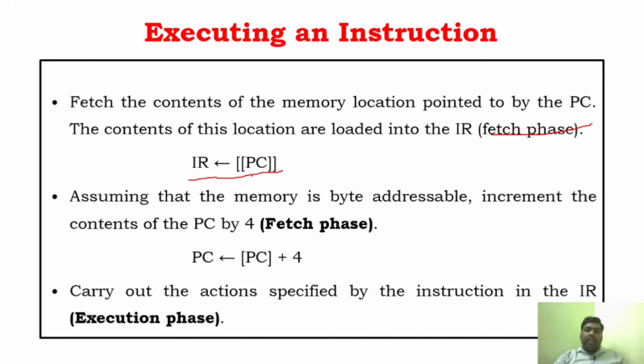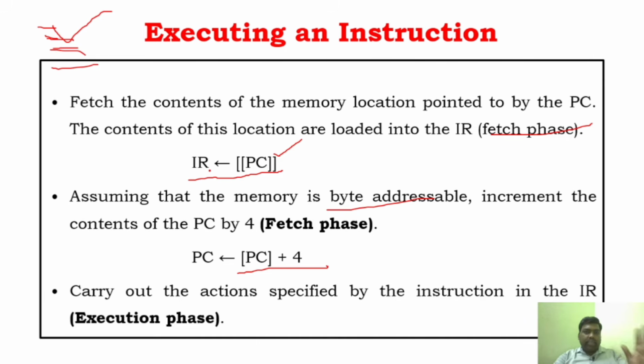And you have to understand one particular thing. I have said that the program counter will have the information of the next instruction that is getting executed. Once the instruction is moved to the IR from the PC, the PC will be incremented by 4, if it is byte addressable, and it will go to the next instruction. You know that a program is a list of instructions, correct? All this we have already seen in unit 2. So once the fetch phase is completed, the program counter will go to the next instruction, incremented by PC plus 4. And once the instruction has reached the IR, the execution phase will start.